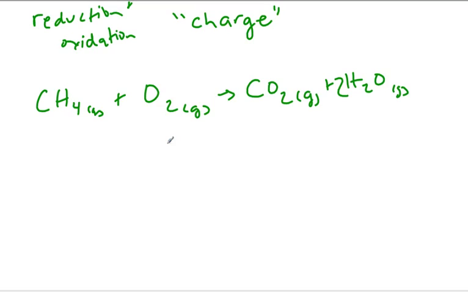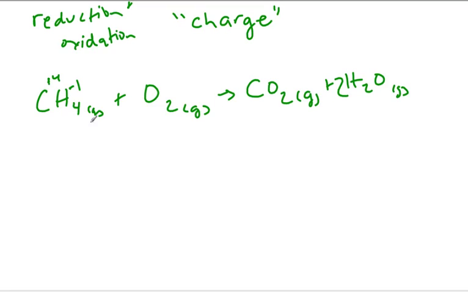And now we have to try to figure out about oxidation and reduction. Well, let's think about this. What is the charge of this carbon molecule? We know that it's plus 4. And what is the charge of this hydrogen molecule? Well, each of the 4 hydrogen molecules has a charge of -1. So basically we have 4 hydrogens, each with a charge of -1. Same with oxygen. What is the charge of the oxygens? Well, each of the oxygens has a charge of